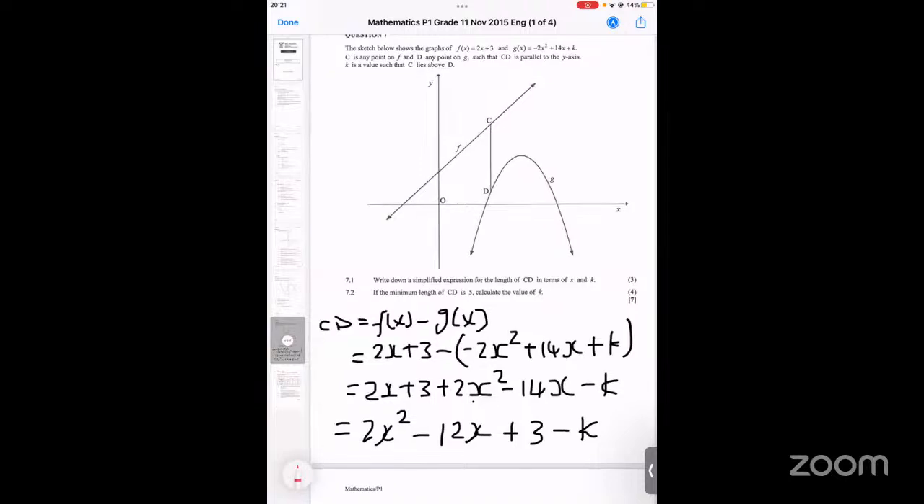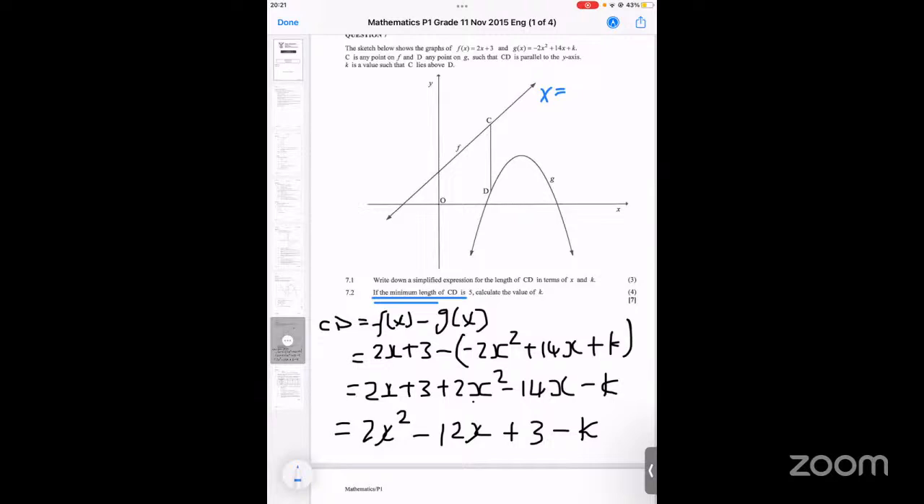Goodest. So now they say if the minimum length of CD is 5, calculate the value of k. I'm going to give you a tip on this one because this is what might confuse you. See where they say the minimum length of CD, that part about the minimum length is the most important one. And that minimum length, you always get it where x is equal to